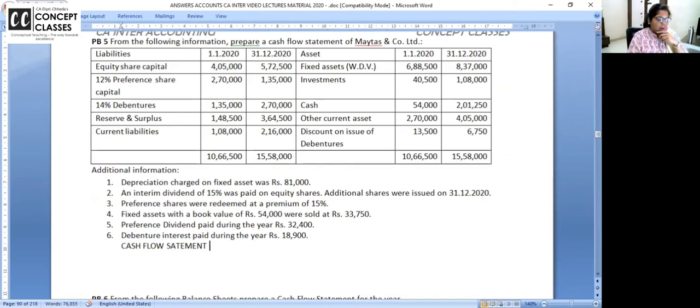क्या पता? ये question interview में पूछते हैं. I don't know. You have to answer. Think. Cash flow statement as at or for the year? देखते हैं chat box में क्या answer आ रहा है. Some are saying for the year, some are saying as at. Why confusion? Cash flow statement is for the whole year, January to December. Here it is calendar year. For the whole year, where from the money is coming and where you are using, you're giving it here. So cash flow statement is always for the year ended.